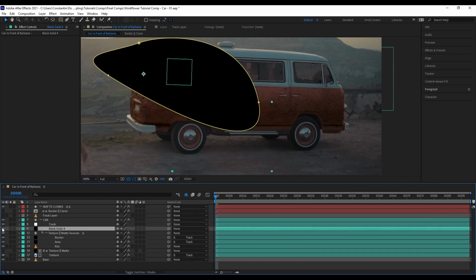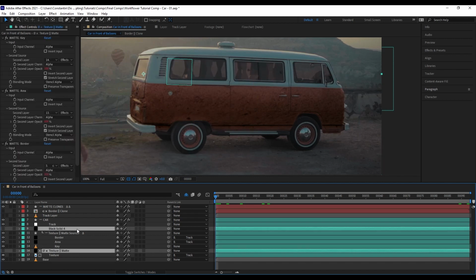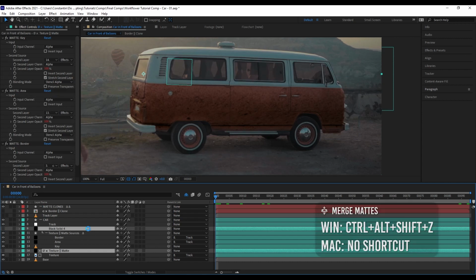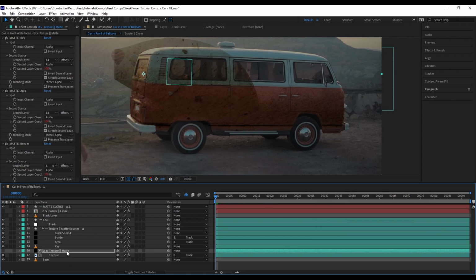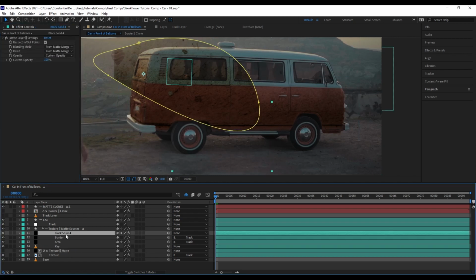If you want layers to be added to the mud collection group, you always have to have the layer directly above the mud collection group, and it needs to be disabled. So now if I first select the mud merge layer and then the layer I want to add to it and hit merge mats, you see that it will be added to this layer here and it will also be added to the mud